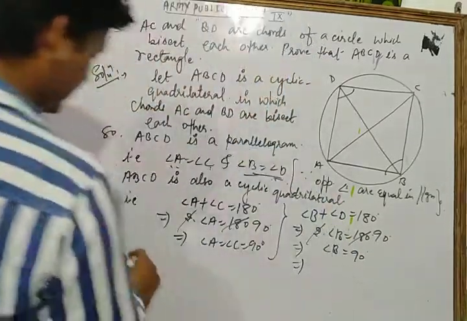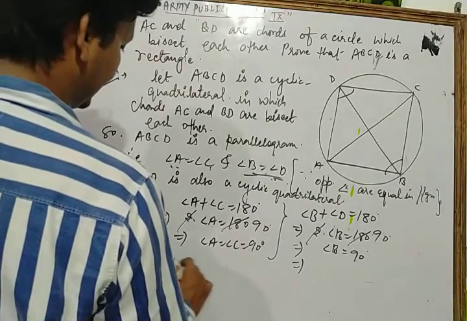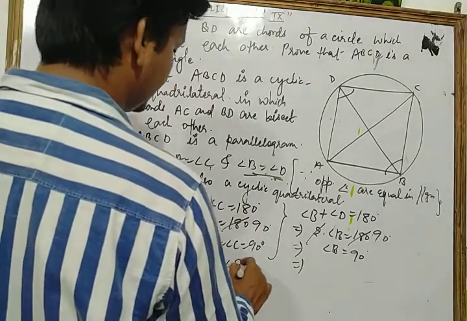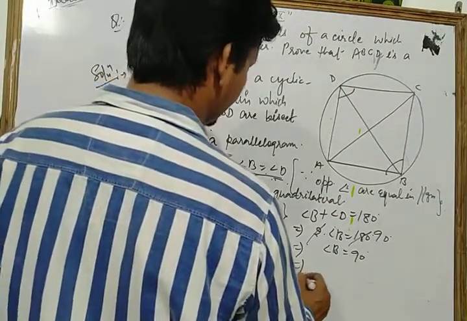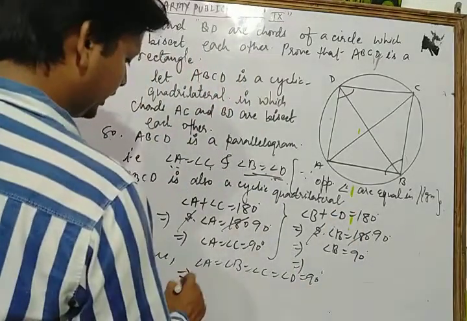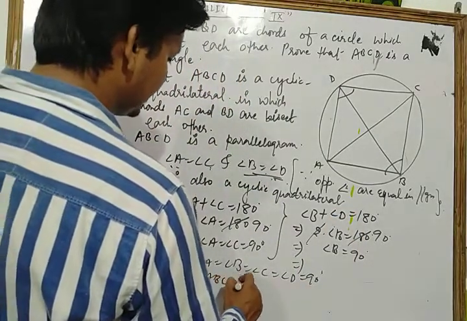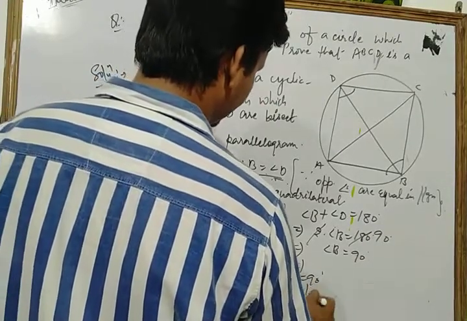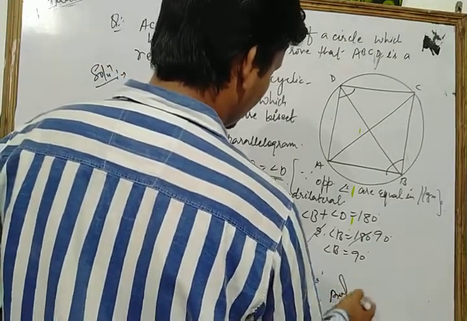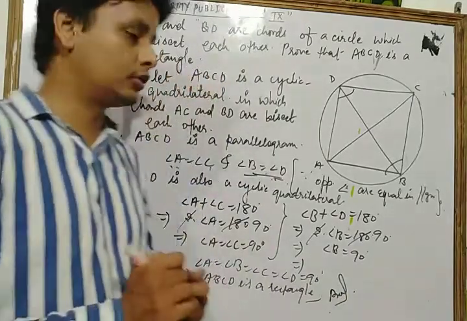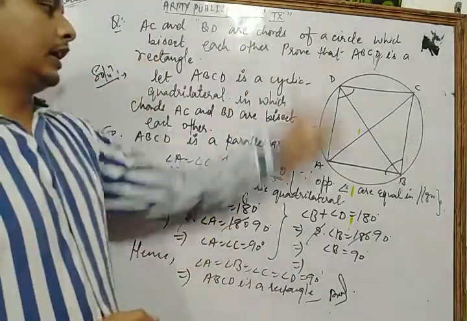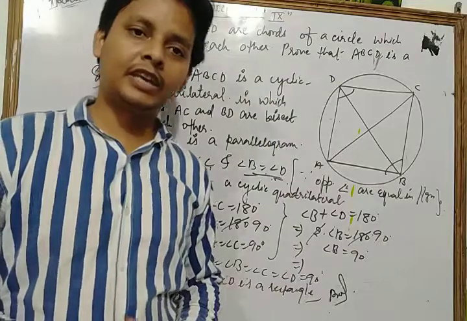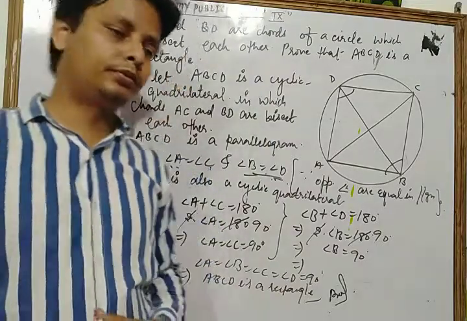So each of its angles, angle A, angle B, angle C and angle D, is equal to 90. Therefore ABCD is a rectangle, hence proved. So dear students, in this way we can prove